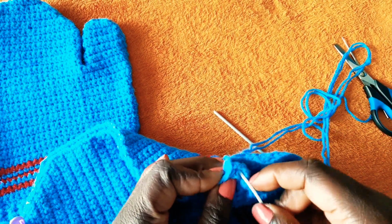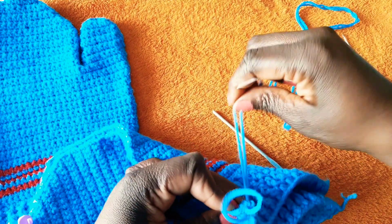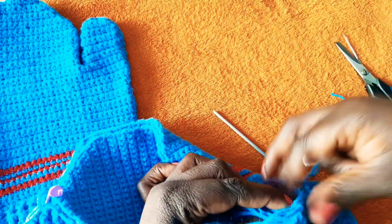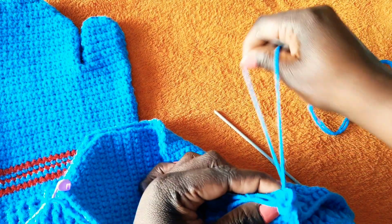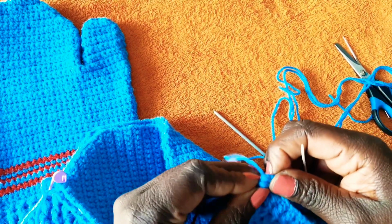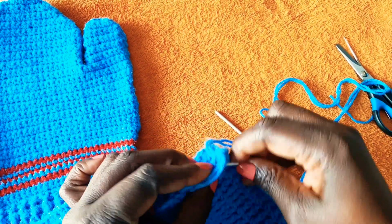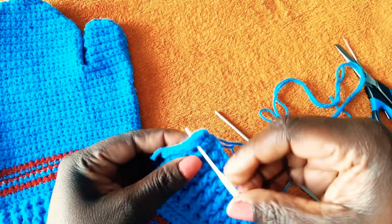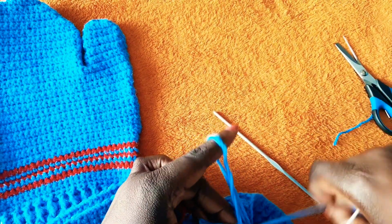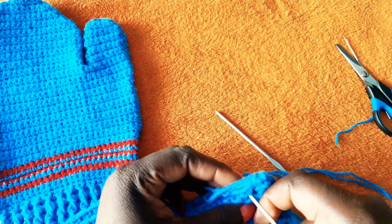So we're just going to be doing this, just taking just on top there, and make sure that everywhere is well sewn. All the yarns that are just showing up there, they are all hidden. So this is how just the top stitch. Fix my yarn. So that's how you're going to